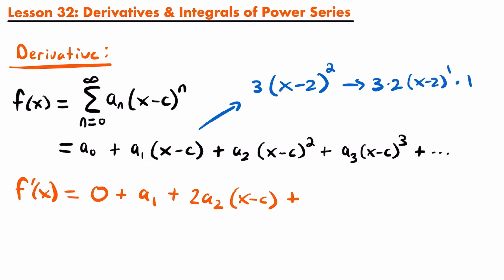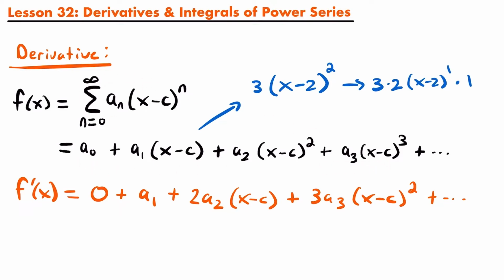Because from the chain rule, the derivative of the inside function is just 1, so we don't really need to worry about multiplying by that derivative. We will just have 3 times a sub 3 times x minus c squared, and our terms would continue on from there. All right, and so now we have taken the derivative of each of these terms from the general